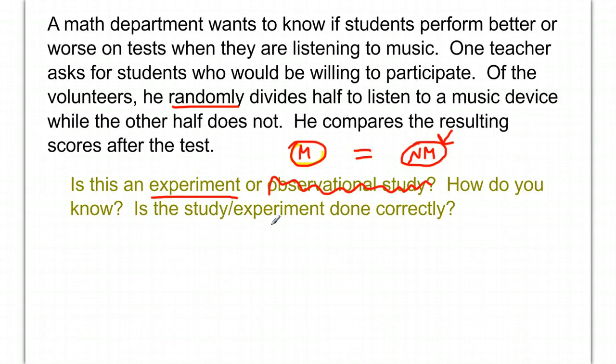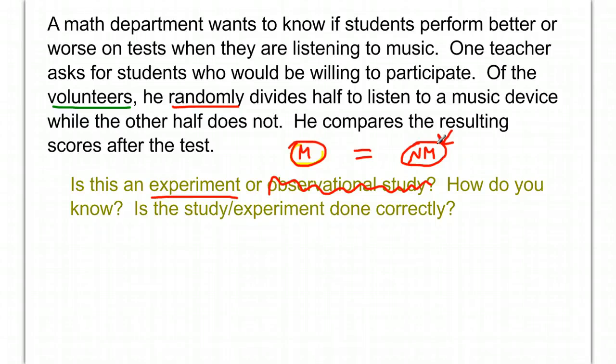Is the study done correctly? Well, yes, it is. We don't just have an experiment, but we have a valid experiment. Now looking at the volunteer situation, it says we're taking volunteers, and remember that volunteers are okay in an experiment because that means that they're being randomly split up between the two or more treatment groups, so the results are